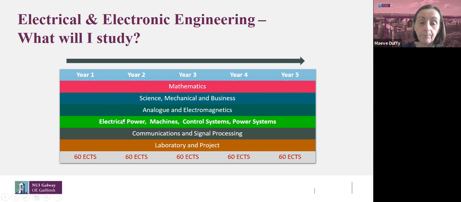are involved in innovation. On the technical side, then, there's analog electronics and electromagnetics. It's kind of a topic area, so it'll be like electronic circuits at the small scale, and electromagnetics is looking at making sure there's not too much interference produced by the devices you develop. Then there's electrical power, machines, control systems, and power systems. That's very much electrical engineering. So for companies like EirGrid or ESB, Bord na Móna, those are the topics you'd be covering related to